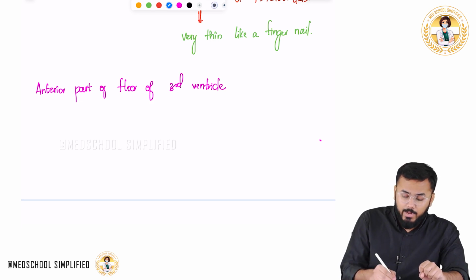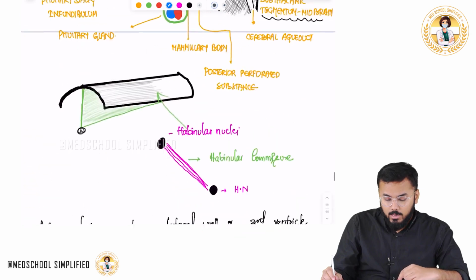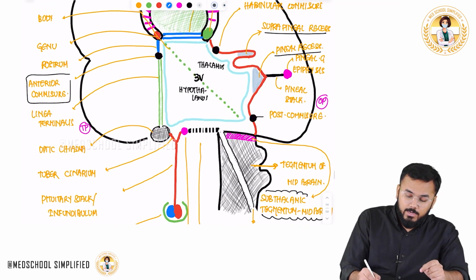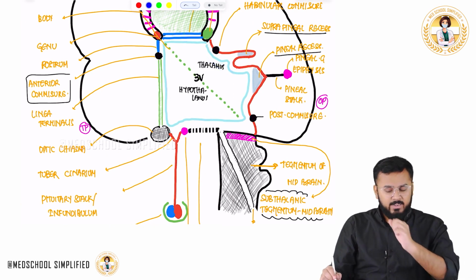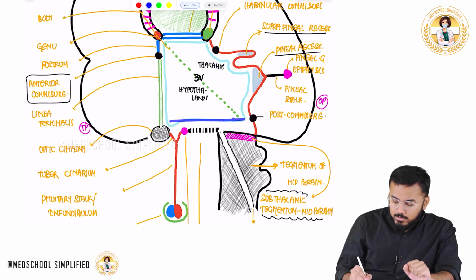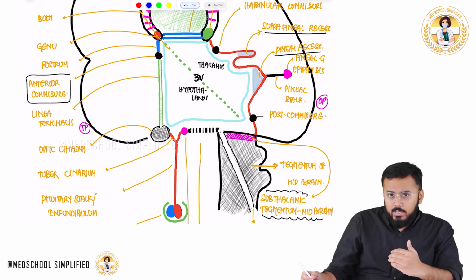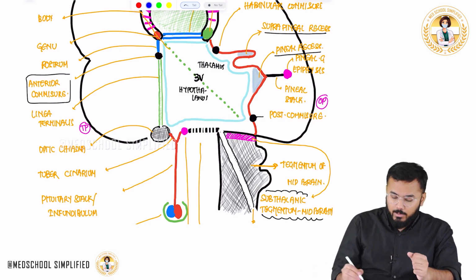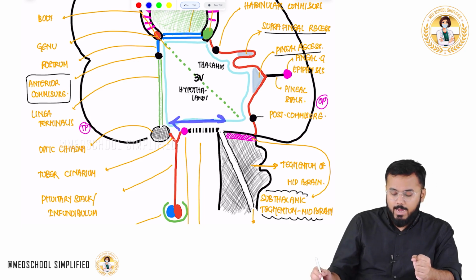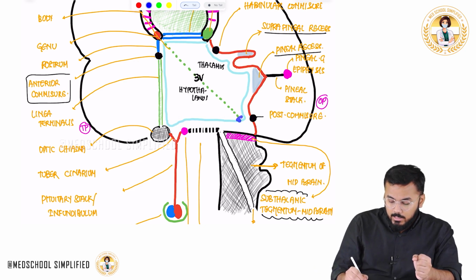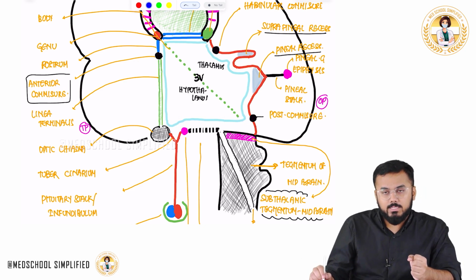Now what do you mean by the anterior part of the floor of the third ventricle? First of all, where is the third ventricle here? See, this entire cavity is the third ventricle. The floor of the third ventricle, in the sense, you see this entire part here is called the floor. Now in this floor, the anterior part in the sense, see, this particular part is called the anterior, and behind the sulcus, this particular small part, whatever you can see, is the posterior